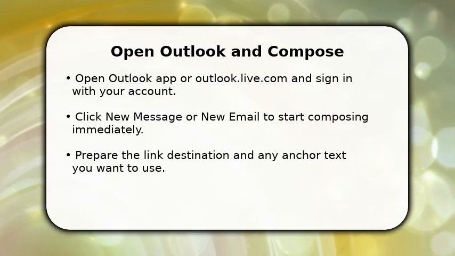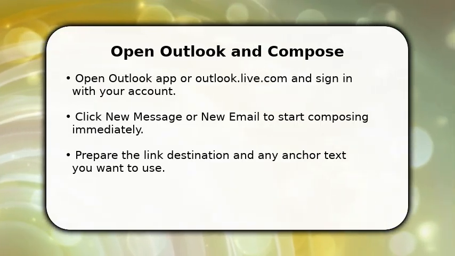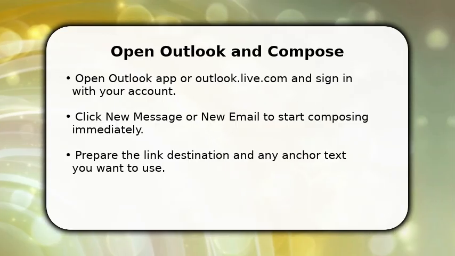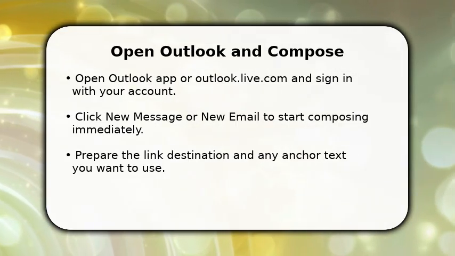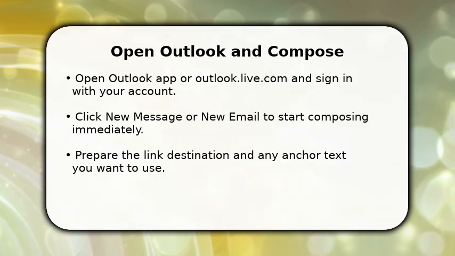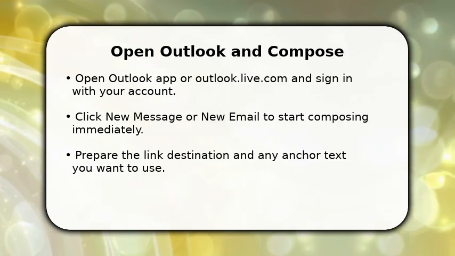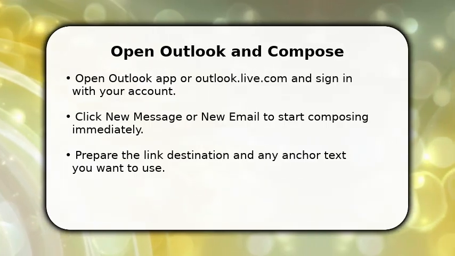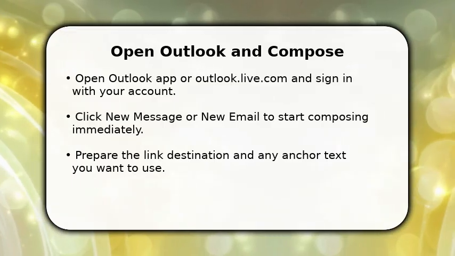You're starting in Outlook, so open the app or web version and compose a new message right away. Once the new message window is open, place your cursor where the link should go in the body, because positioning determines readability. Make sure you've copied the exact URL to your clipboard and decide on concise anchor text that explains the link. This saves time and avoids editing later, so pause only to verify the destination and then move on